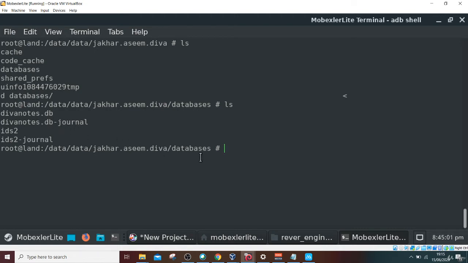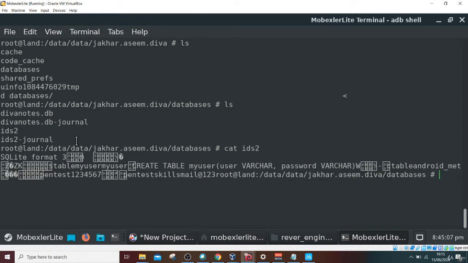DB files may be using different formats, so let's cat one of them. Let's cat ids2. You can see this is a SQLite format. It's not opening properly, but we can still see it says create table, varchar, and pentest, and then the password 1234567.